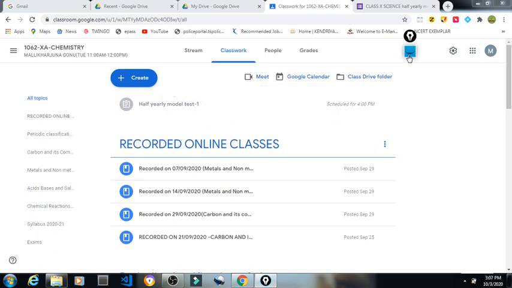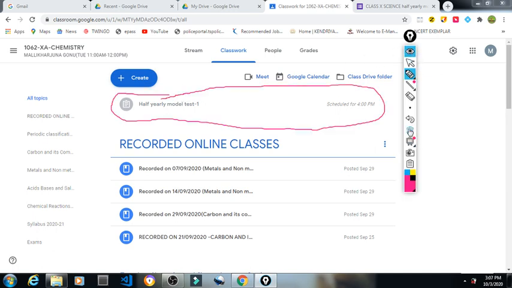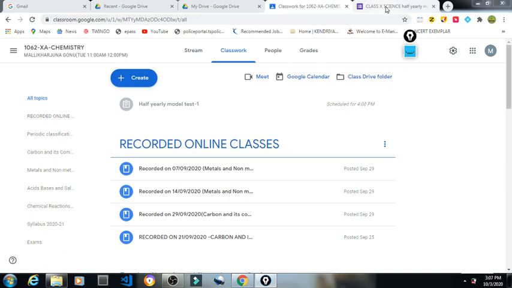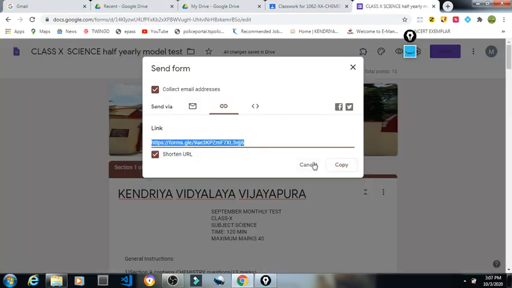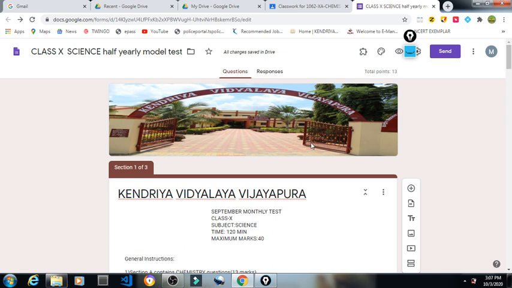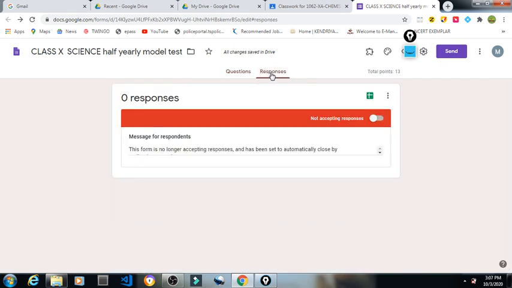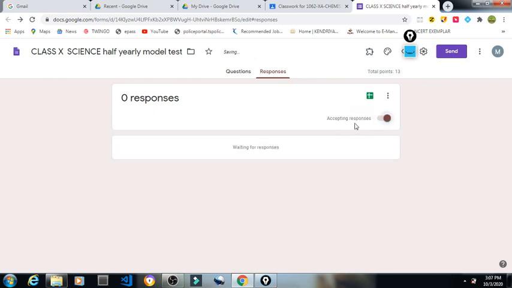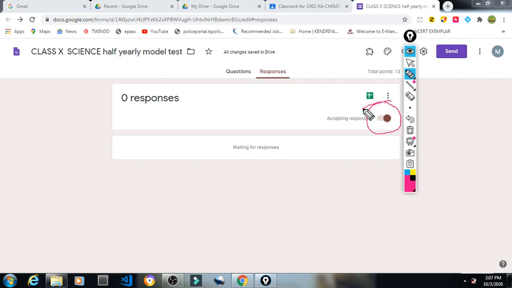Meanwhile, whatever you want to change in the forms, whatever the settings, you can change all of that anytime. Now, how to close the form after 5:30? Usually this will be accepting responses. No accepting responses means this form will not take submissions. This option you have to take care of, accepting responses. Students can submit as long as this is on.